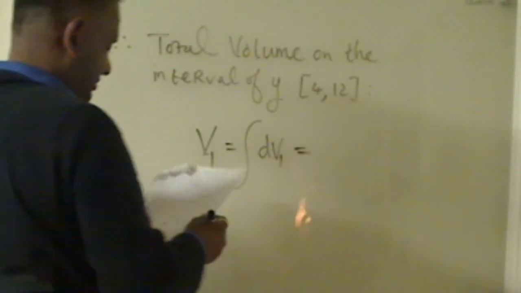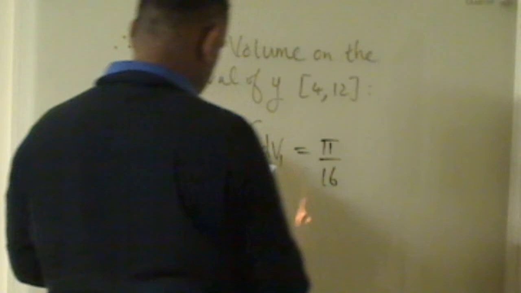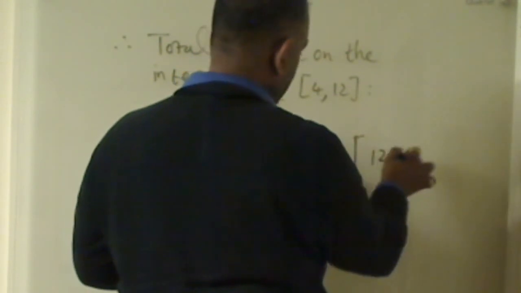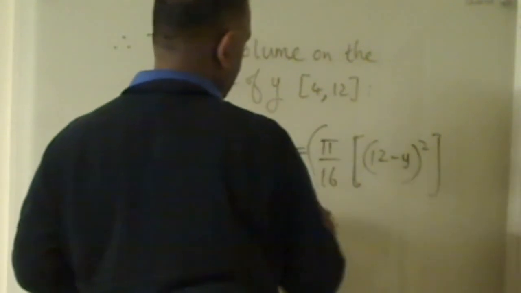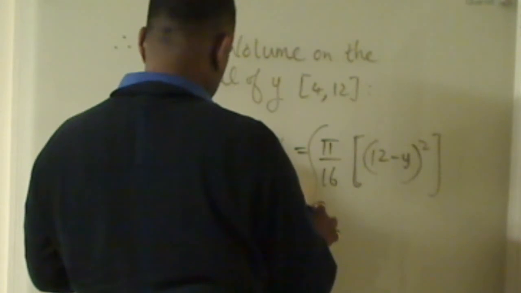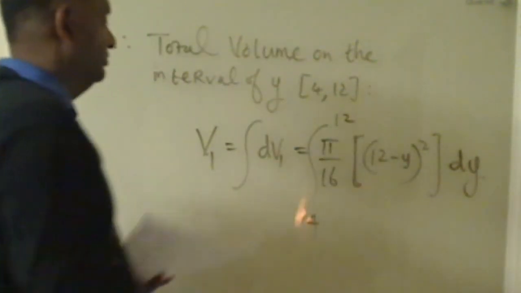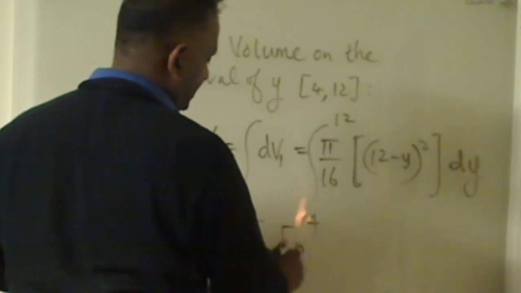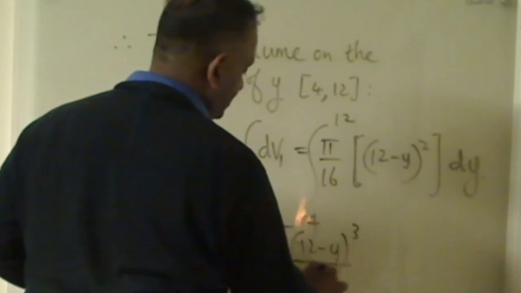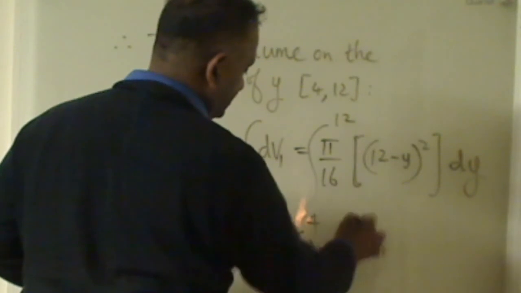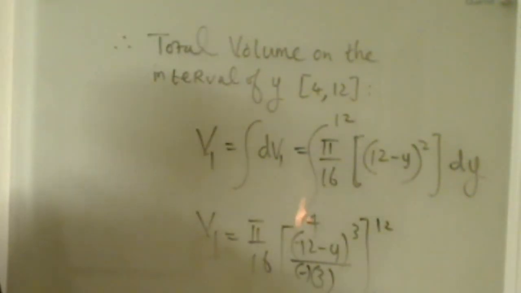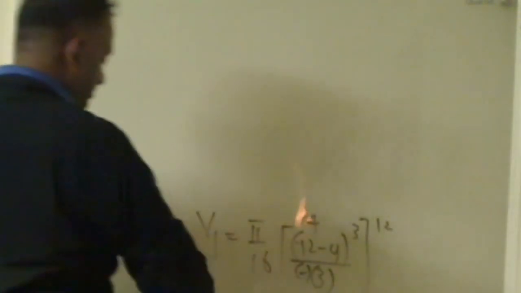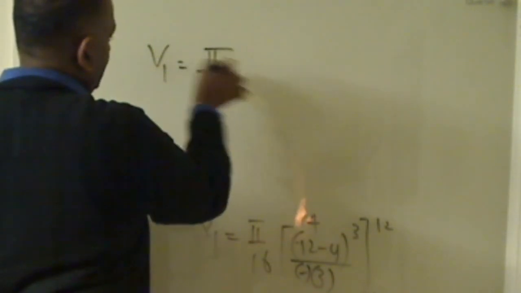When you integrate, you have pi over 16. Actually, you don't have to expand it; I'm going to get back to the (12 minus y) squared form. It's easy if you keep it like this. Integrate from 4 to 12 dy, and V1 equals pi over 16 times (12 minus y) whole thing cubed divided by 3 and negative, from 4 to 12. So then, when you plug in the upper bound and lower bound, V1 equals negative pi over 48,